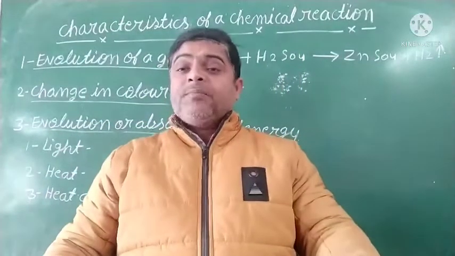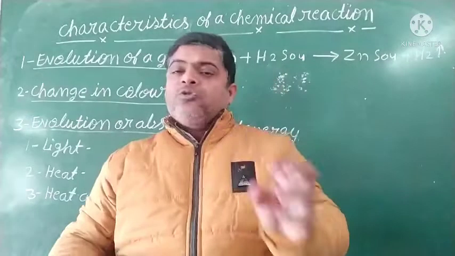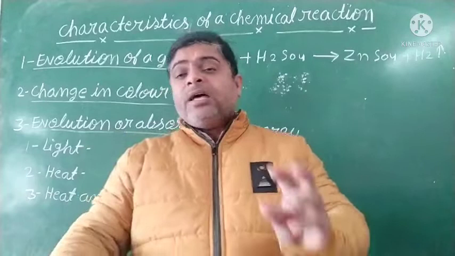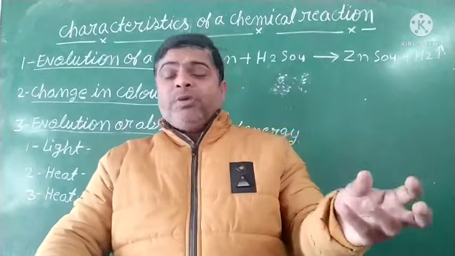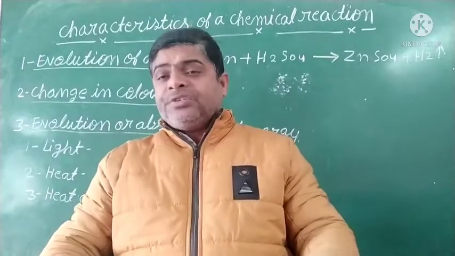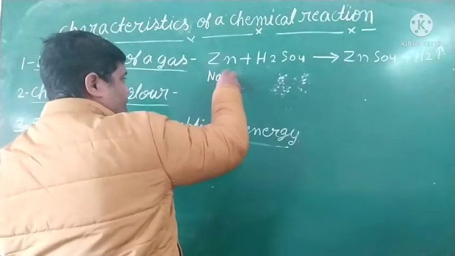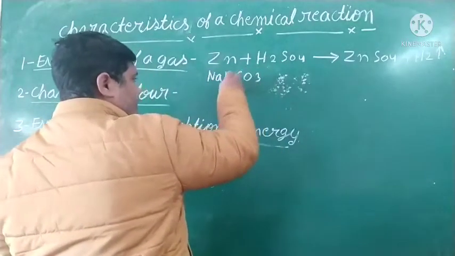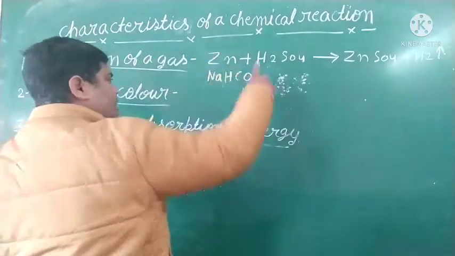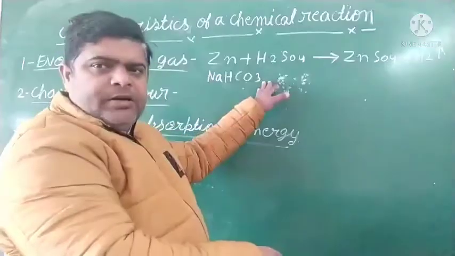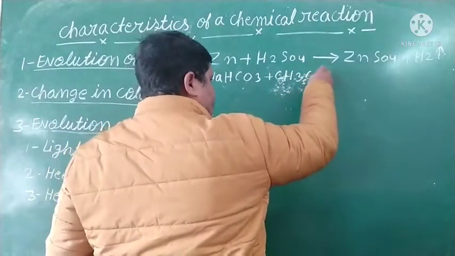So student, the next example is when sodium bicarbonate, or sodium hydrogen carbonate, reacts with acetic acid. You know acetic acid? You know vinegar, what we use in chow mein. It is vinegar. Vinegar is acetic acid. So see student, sodium hydrogen carbonate, remember, is NaHCO3. Its name is sodium hydrogen carbonate or sodium bicarbonate. Clear? So when sodium bicarbonate reacts with the acetic acid,